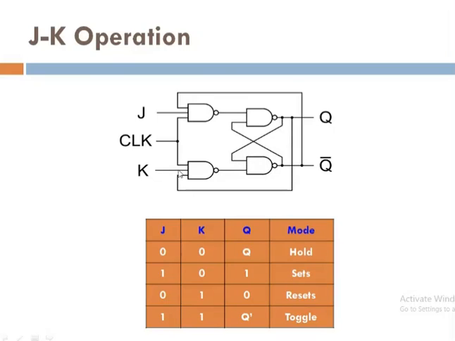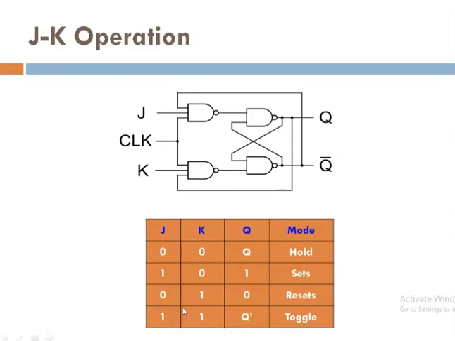Now here 0 into 1, because here you are getting 0 into 1, it is 1, but due to this one 0, it is a 0. It means that q is equal to 1 and q bar is equal to 0. So it is a toggle state. Again you can apply the 1 here. So always you are getting the toggle state.